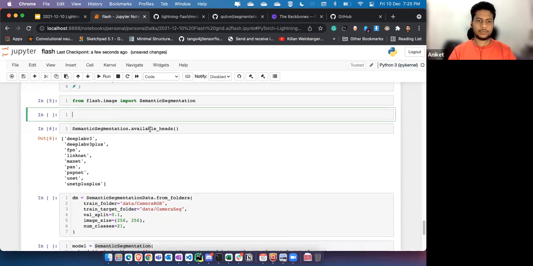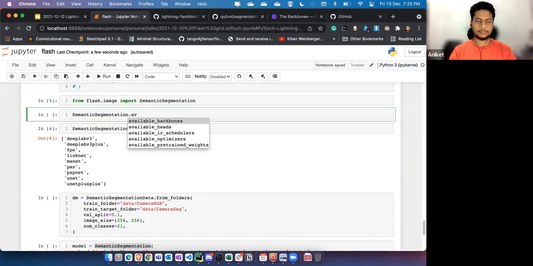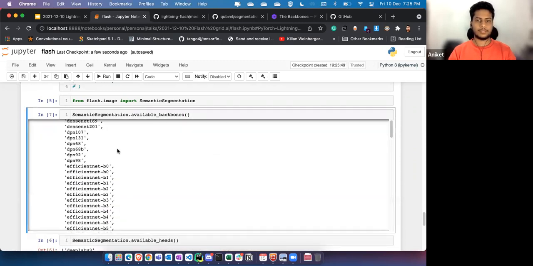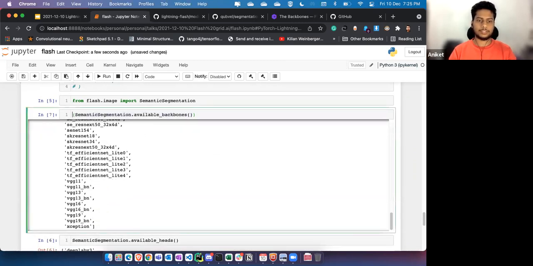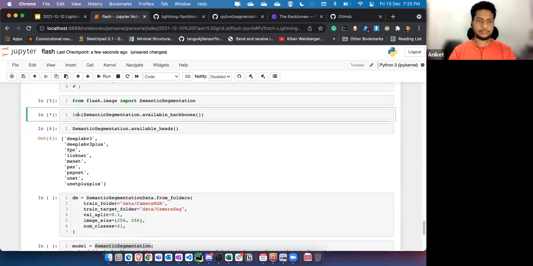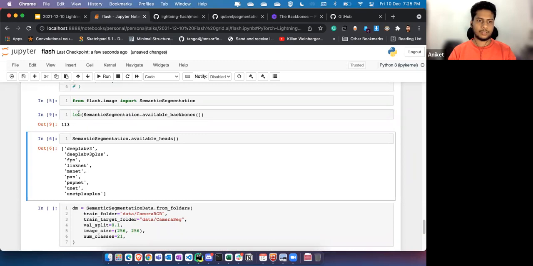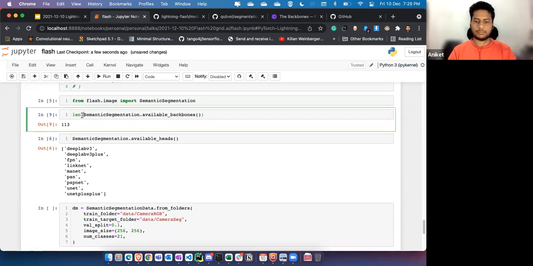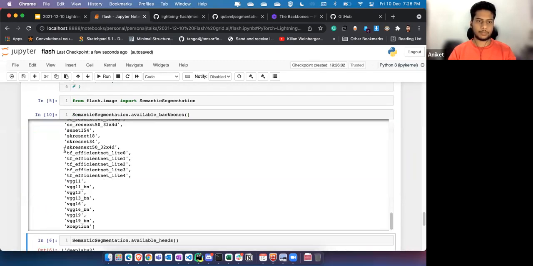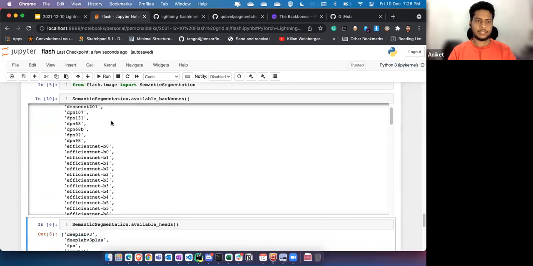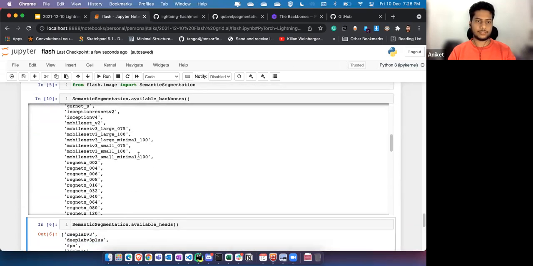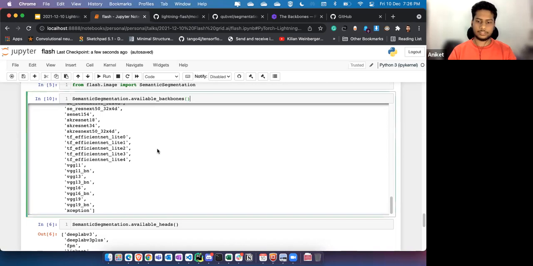And if I want to check what the available backbones are, there are a lot. If I check the length, more than 100 backbones are available: DenseNet, EfficientNet, ResNet, MobileNet, VGG, Xception.